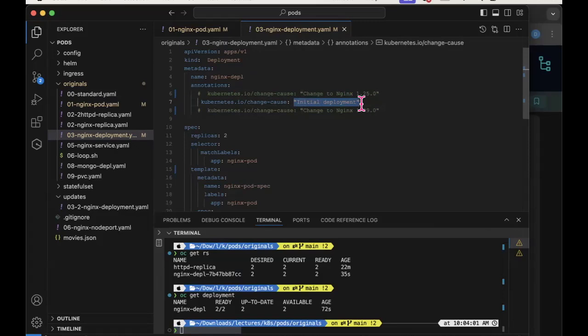So this is the commit message associated with the first deployment of this deployment resource. And if we go back to our slides,